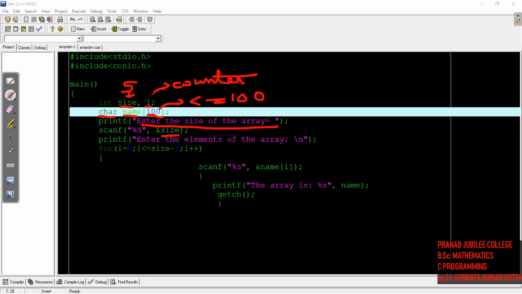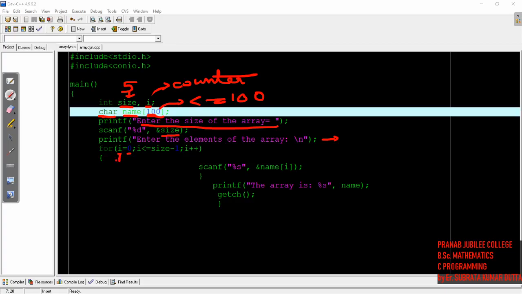Then we'll say, enter the elements of the array. Now I will ask the user to enter the elements. Look carefully at how we enter the elements. In the last video we discussed that we use a counter i which starts from 0. Why?